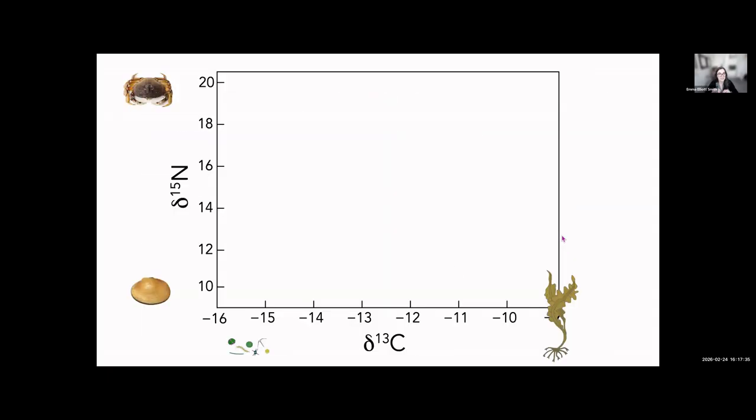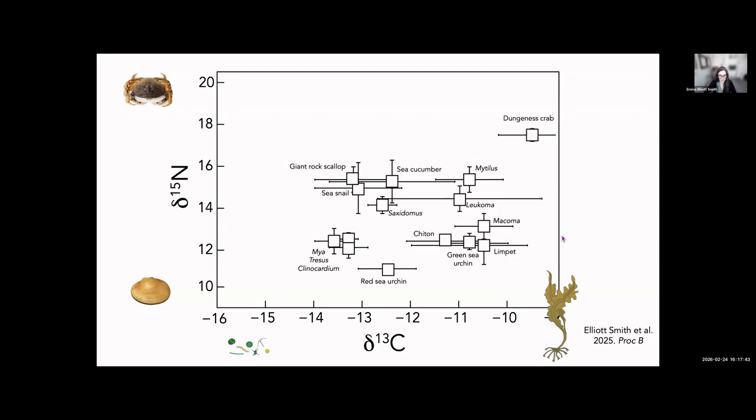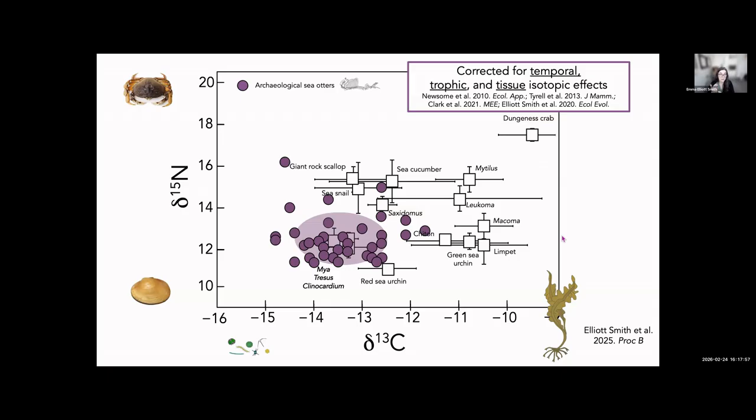All right, so here, going back to this biplot, and I've left our little clip arts on there to help remind us what different parts of this graph mean. So here are the prey data, and there's a lot going on here. So in the red circles, what I've highlighted are those invertebrate species that are really important today for local communities or regional commercial fisheries. And here are the data, I'm just throwing it all up there right at once, the archaeological sea otter specimens. So I have corrected these data for temporal, trophic, and tissue effects. Happy to discuss this more later on, but in the interest of time, I'd like to focus on what these